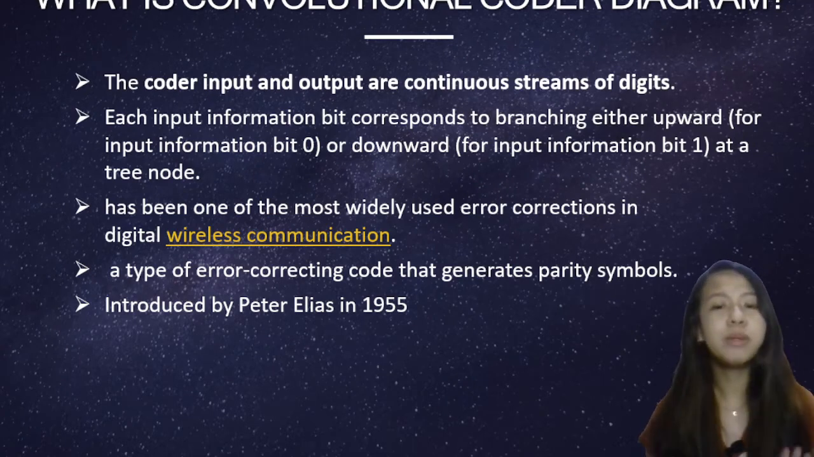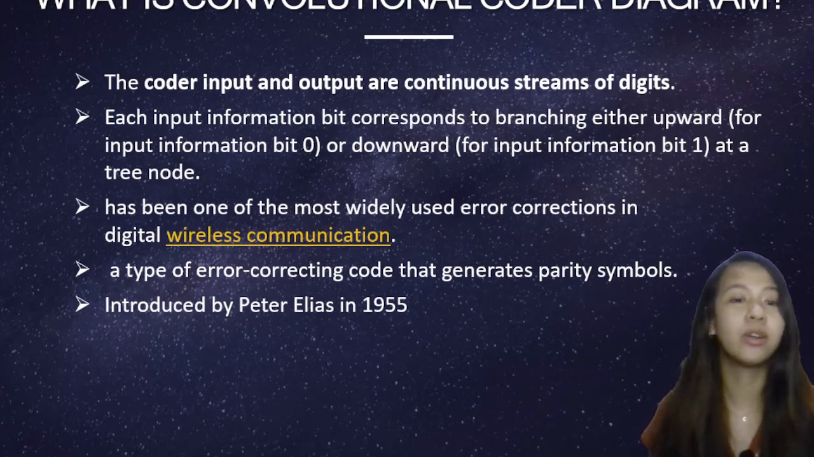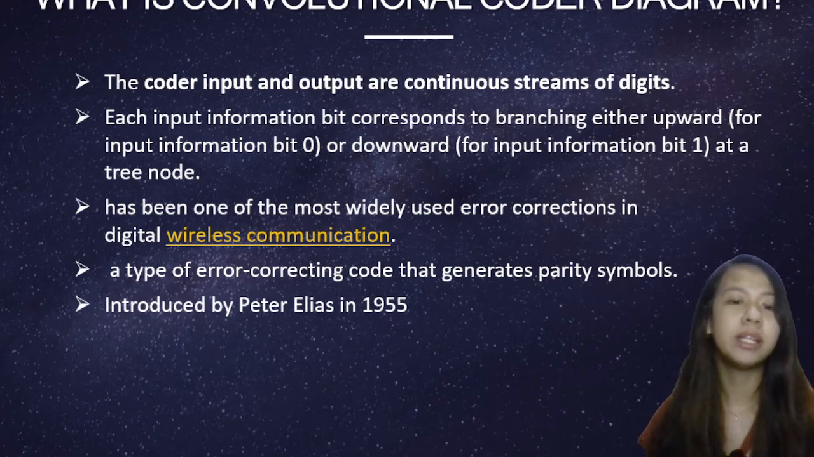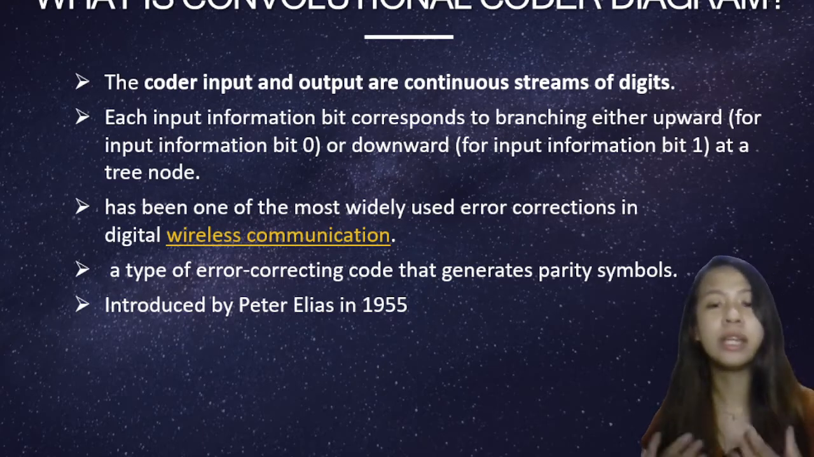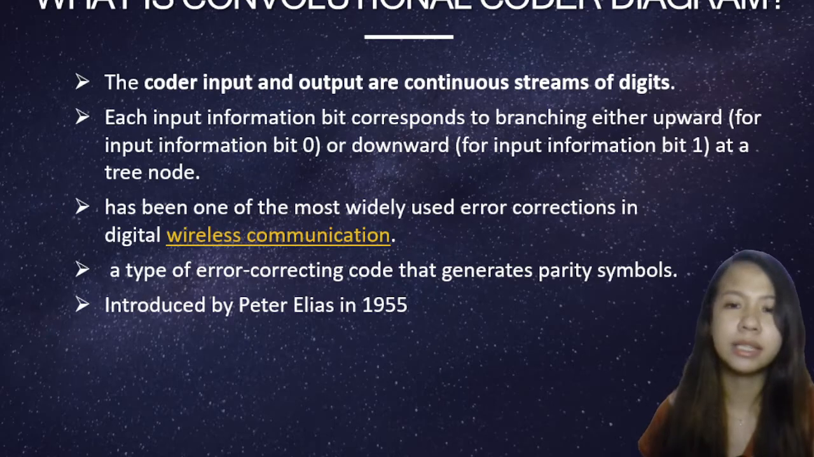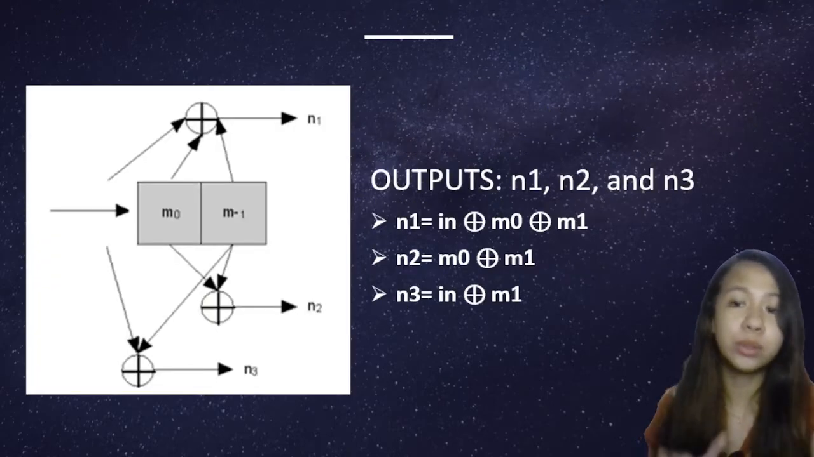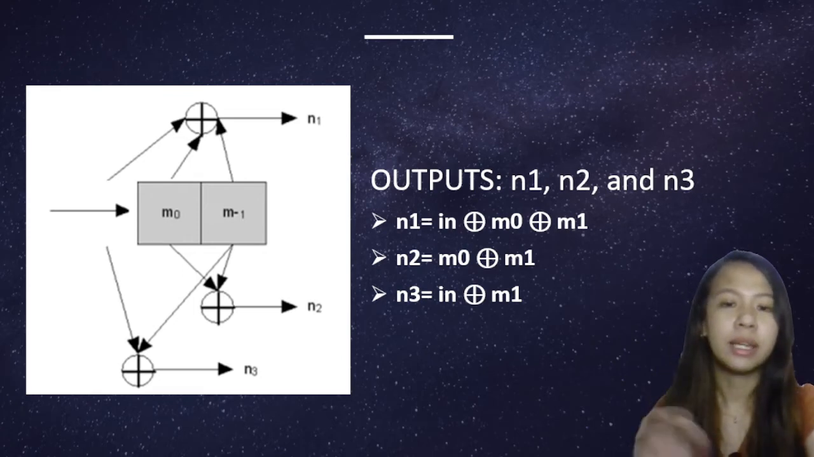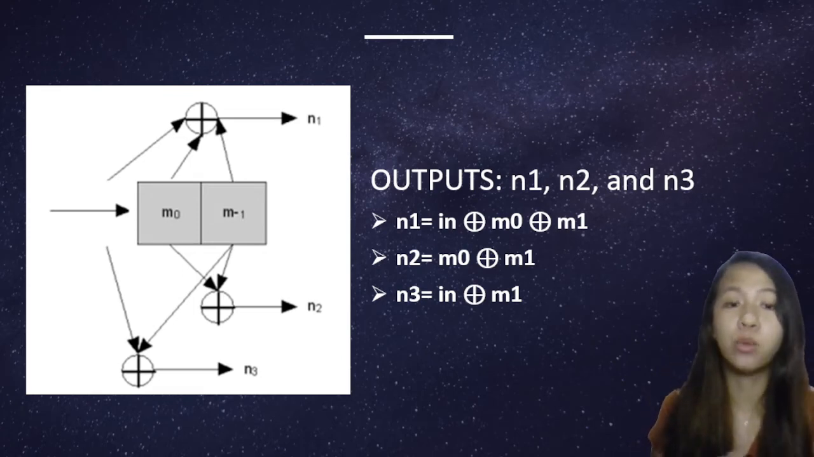It has been one of the most widely used error corrections in digital wireless communications. It is a type of error correction code that generates parity symbols, and it was introduced by Peter Elias in 1955. So next, we are now going to determine the convolutional coder diagram